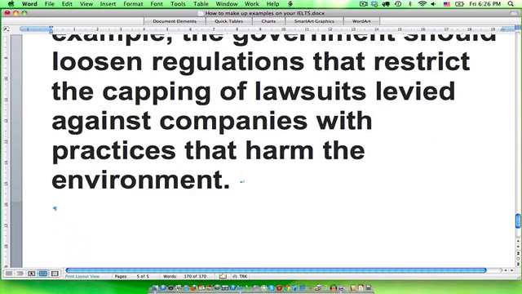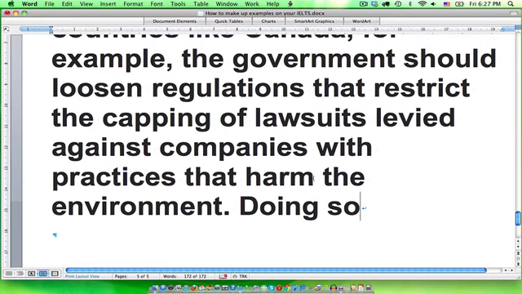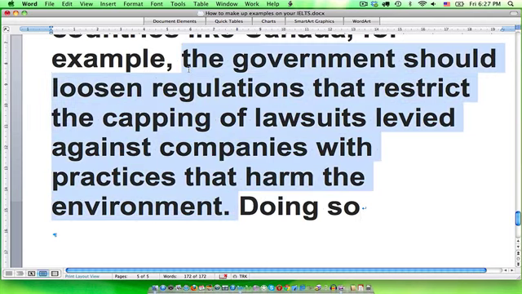Now we want to discuss this example, and we want to point out that in empowering people, it helps to ensure that companies are complying with environmentally friendly business practice. Okay, so maybe we could word something like, okay, now doing so, to add a bit of cohesion, let's see here. The government should loosen regulations that restrict the capping of lawsuits levied against companies with practices that harm the environment. Okay, doing so, and we're referring to this, doing so